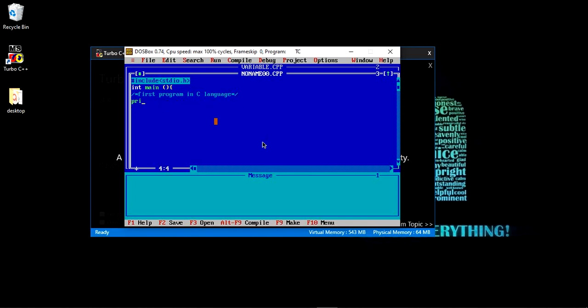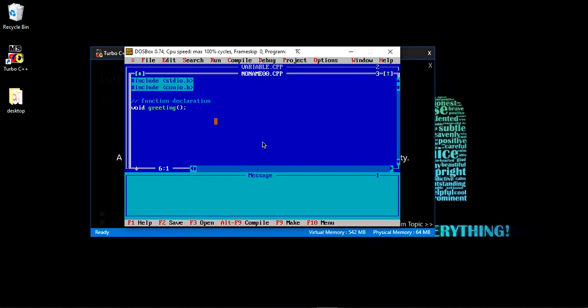Let us simply clear the things. We will start. In this program we will add a simple function that will not return you any value, and it will also not take any arguments.